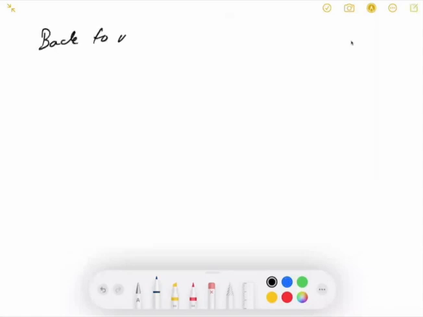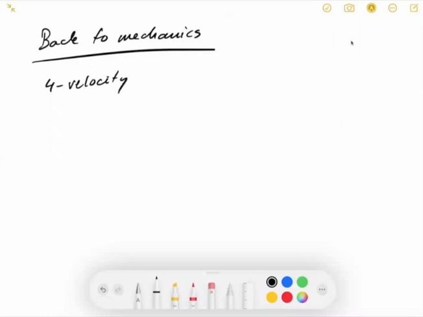Back to mechanics. So remember that we had the 4-velocity, which we defined as dx^μ/dτ, where τ is the proper time. By the way, I didn't specify. So this is proper time, which is actually also an invariant,